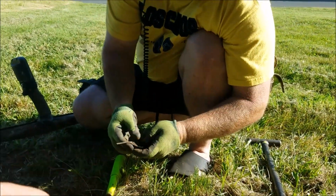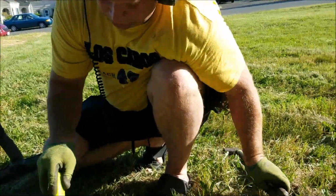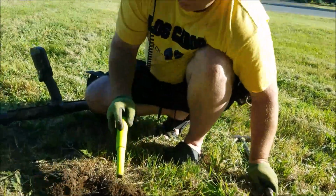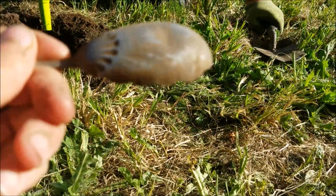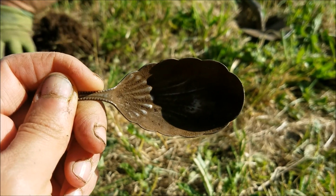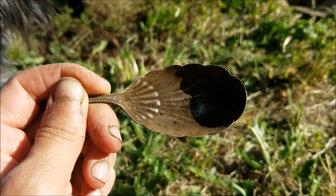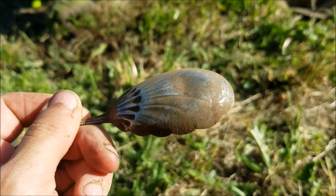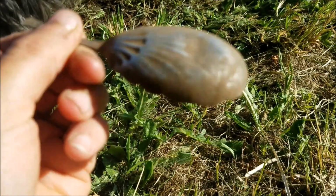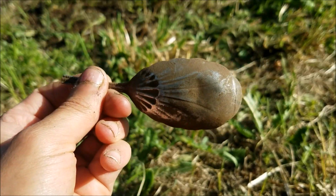Can I get a close-up? Sure. Let me see if the rest of it's in here. If I can get the handle. That's really pretty. Oh, no, it's glass. Thought I had it. That's heavy, too. It's silver. That's got to be silver. They wouldn't make it that fancy and...